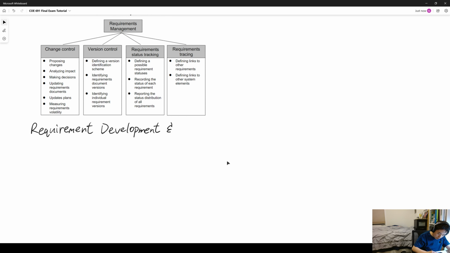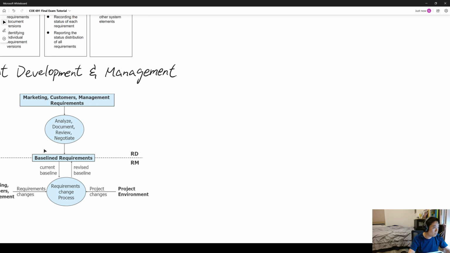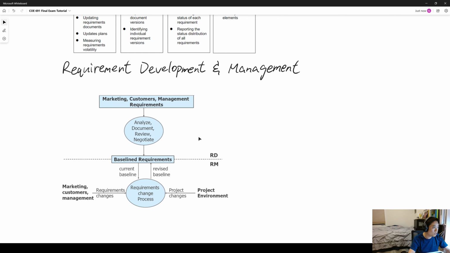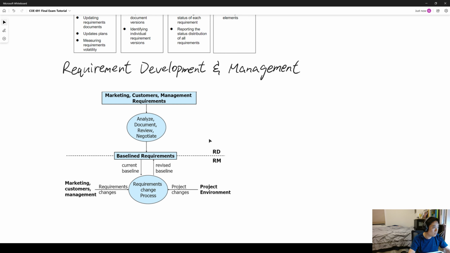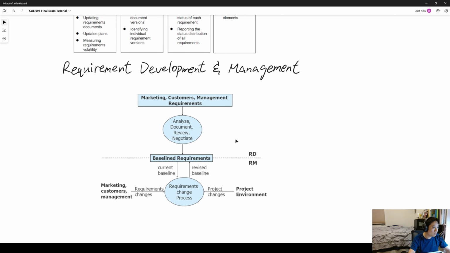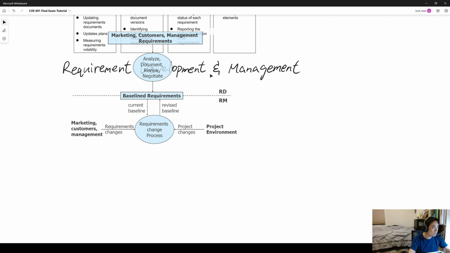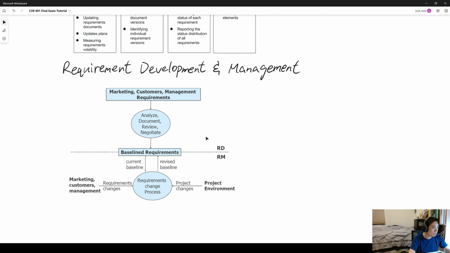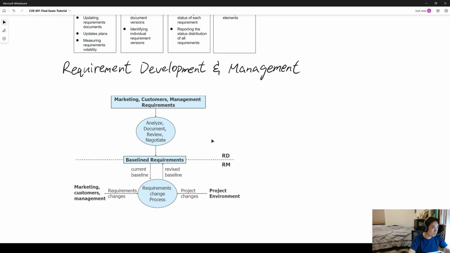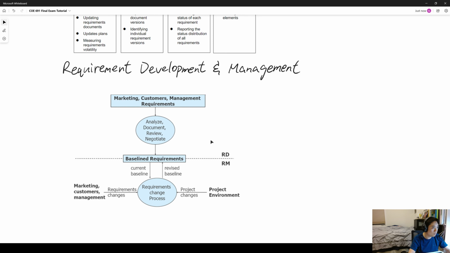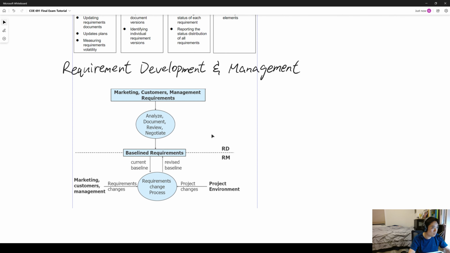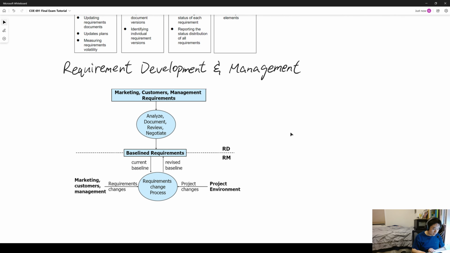Hang on. So basically, in requirements development, which is denoted as RD, let me see if I can align this. Okay, there you go. That's fine. So in requirements development,